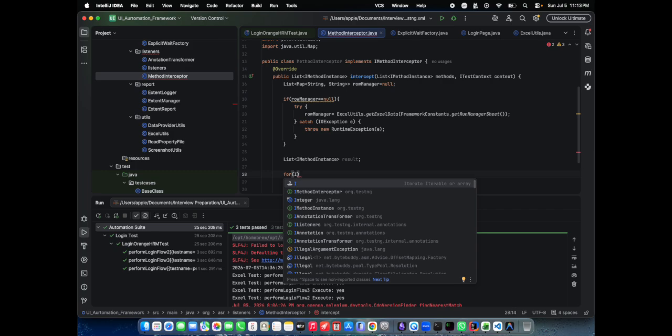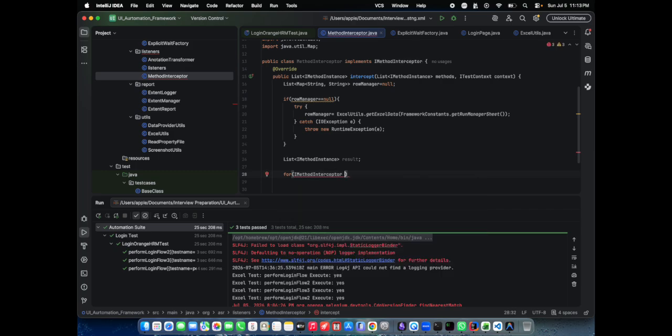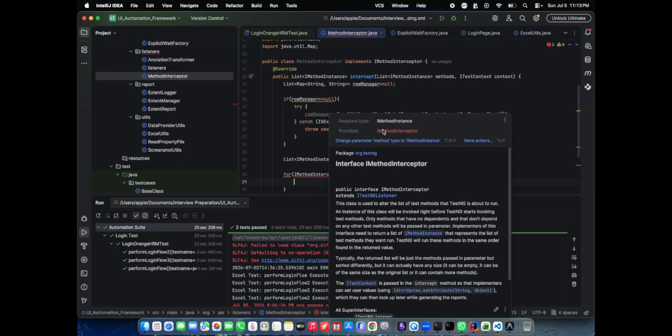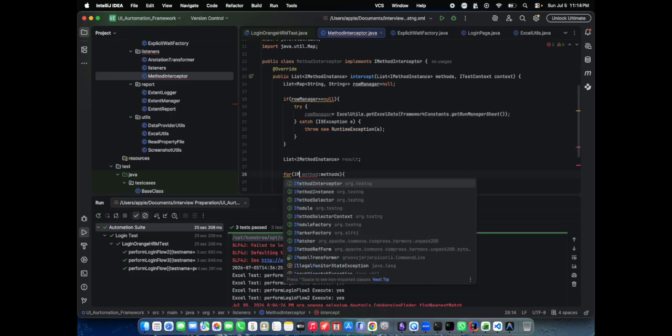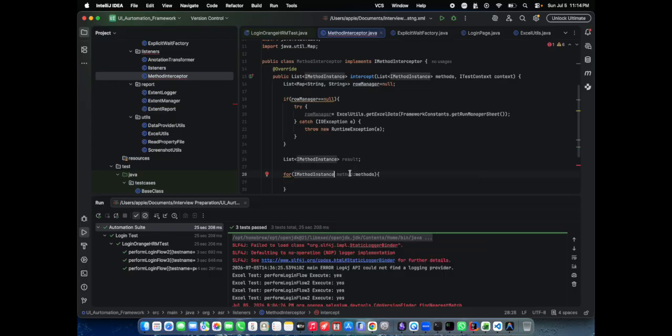For IMethodInterceptor methods, method instance, close that. So here we can write this row manager,